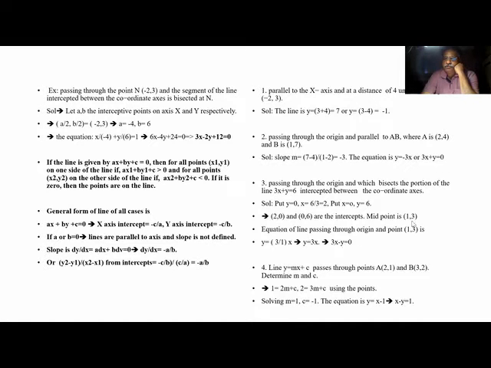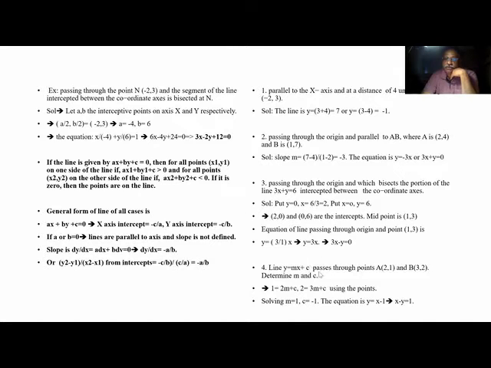Slope is what? Slope is 3 by 1: y2 minus y1, 3 minus 0, by 1 minus 0, so 3 by 1, because it is going through the origin. One point is the origin, one point is the midpoint of this. So y is equal to mx. You can see here also, y is 3, x is 1, it is 3 times 1. So y is 3x. Or you can convert it to one side, 3x minus y is equal to 0.